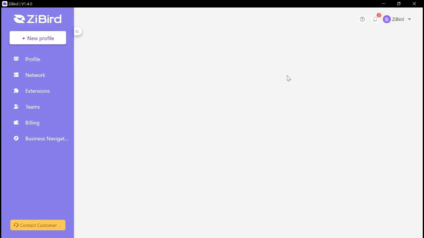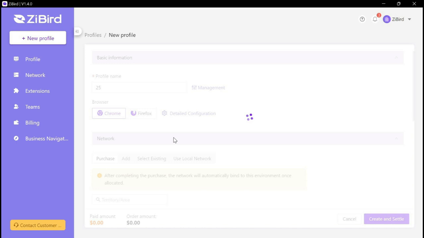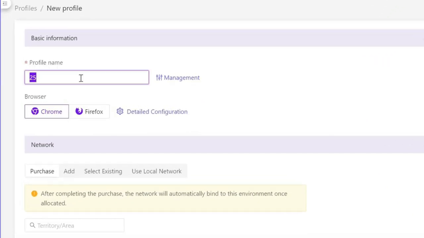Okay, and it's going to redirect you straight to where you can create a browser profile, and over here is your profile name. And again, what it helps you to do is to remember what the browser profile is for. And let's say you want to use this for your Etsy shop, you can just come over here and name this Etsy shop 1. And once you select your profile name, you can also select the kind of browser you want to browse it. So if you don't like Chrome, you can set this on Firefox,